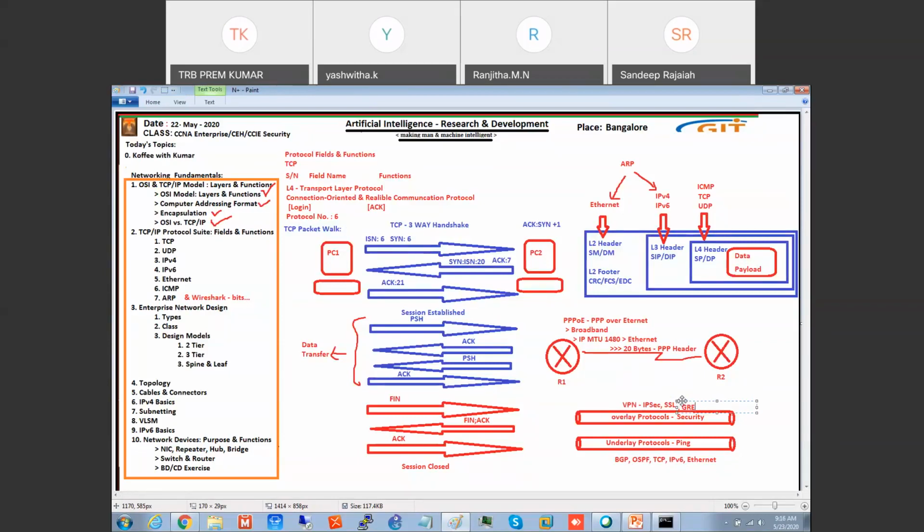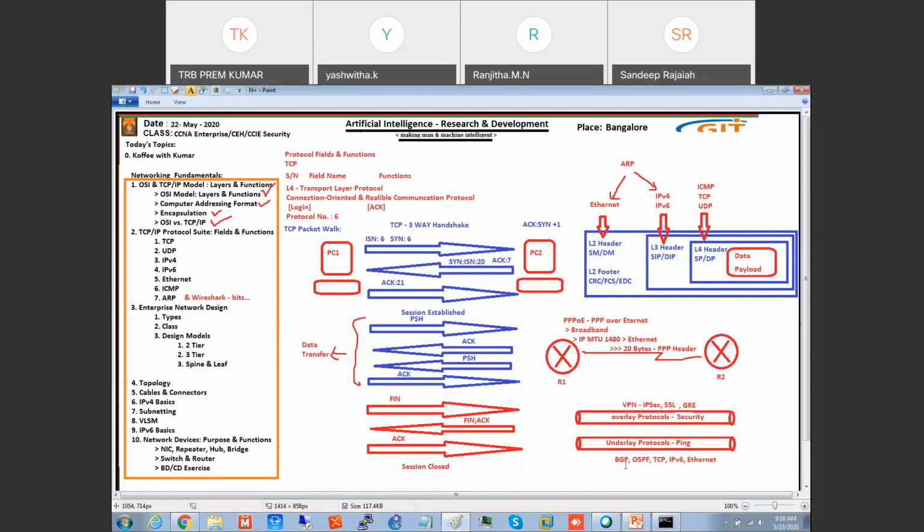Now we are discussing generally. What we are discussing is the underlay protocol. On top of that we build these tunnels. Understand? It is mandatory. It has to work properly. If you have any issues in the underlay protocols, your VPN will never come up. You need to see where you have to configure or where any misconfiguration has happened.